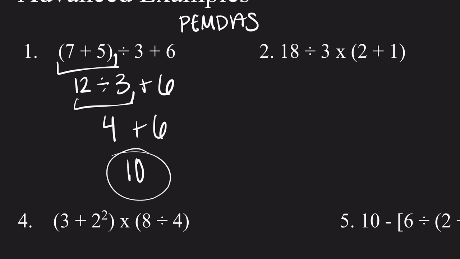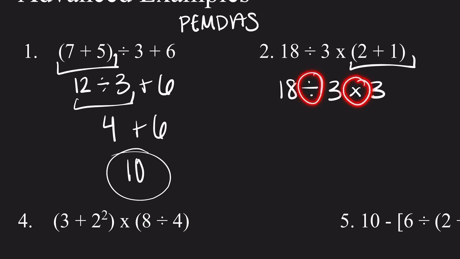Next one, all right. See a couple different things here. Let's start with these parentheses though. Parentheses are always going to be first, and we just have addition inside of those, so we can add those. I'm going to carry everything else down. All right, so this is where things might get a little bit confusing. We have division and we have multiplication. Technically, multiplication comes before division in this acronym, but remember what I said before, we kind of group these two